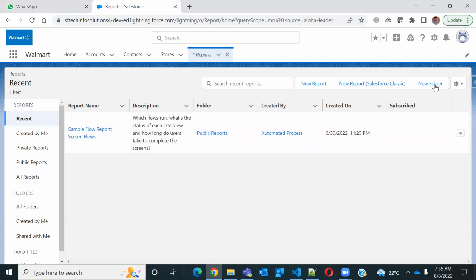Now, why do we need these report folders? Suppose you have different types of modules. For example, you have these Walmart stores. Here you have locations, stores and some sort of managing stuff, so you want to keep all these together. And you have one more app called Sales, with accounts, contacts, cases, reports and all. You want to keep those reports in separate folders. Or, for example, you have separate teams,